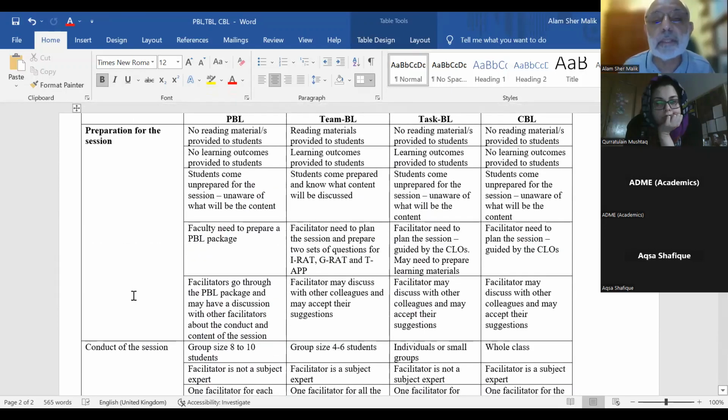So this table summarizes the whole thing which we have covered so far, and I have already compared the PBL with the TBL now, and we have this task-based learning and case-based learning. I think I will pass this document